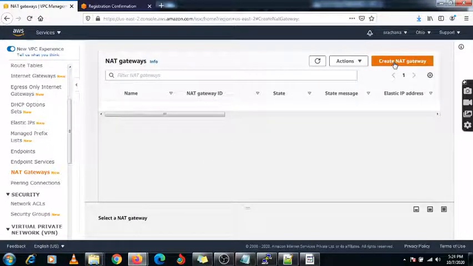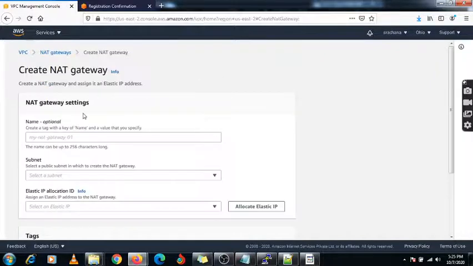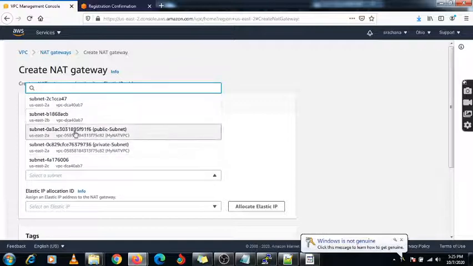Here you need to create your NAT gateway name. I am giving the name my NAT gateway. Here you need to select the subnet.